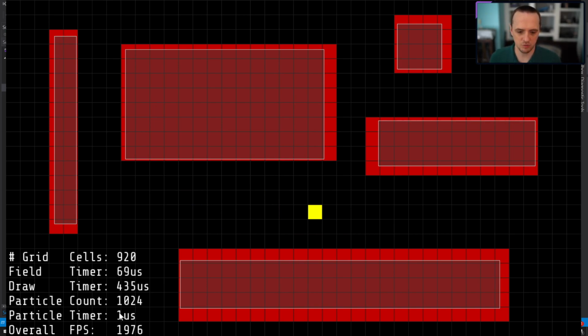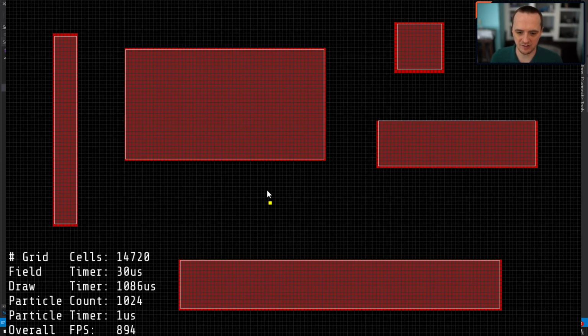Down here, we see some timing code, and the resolution of this timing code is around 60 or 70 microseconds. This is only 1,000 cells. So my solution code, which is very, very heavily optimized, is being computed within 60 microseconds. It's actually taking longer to draw this scene than it is to compute the underlying vector field. However, as I increase